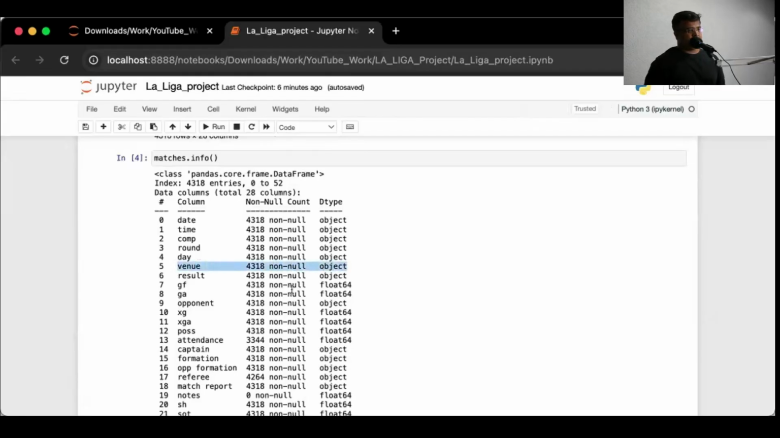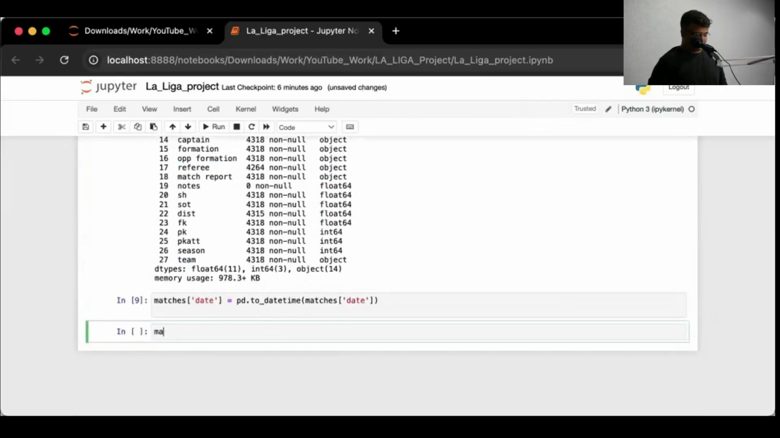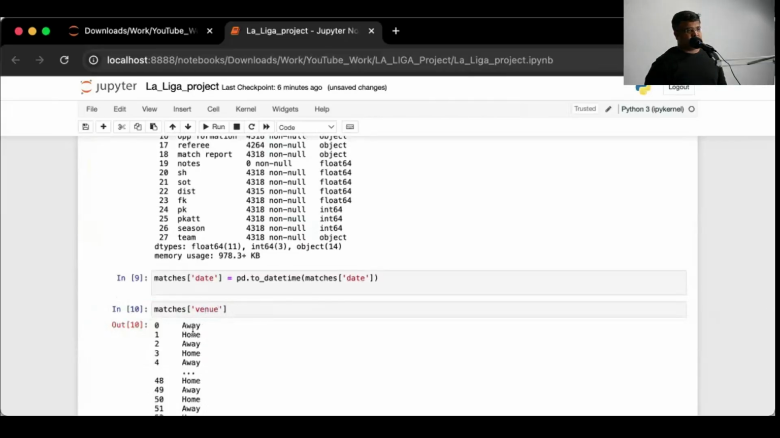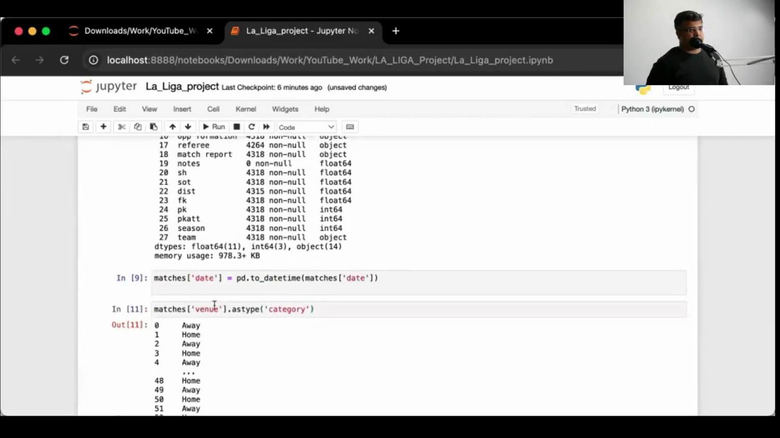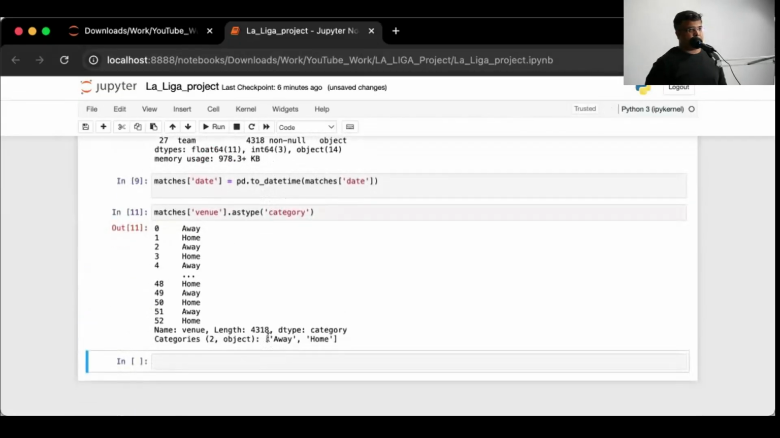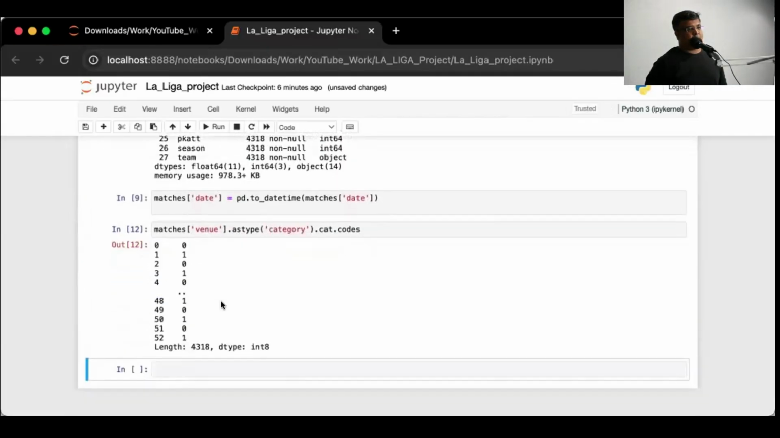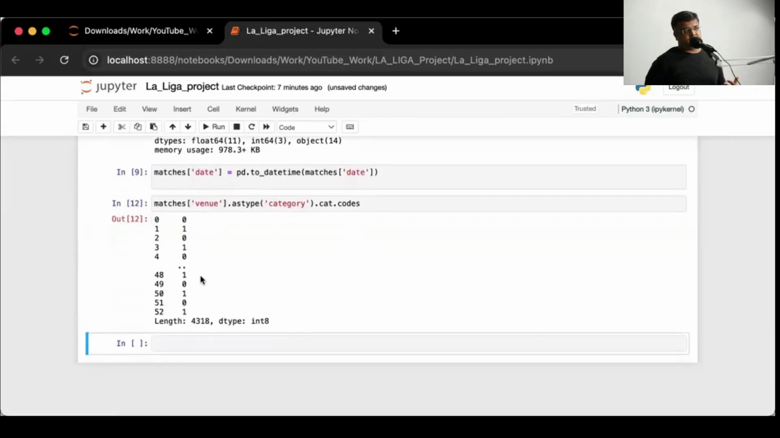If you look at this particular column here, matches, then venue, you will see it is kind of home and away. So what I'm going to do here is convert this to category. I'll say astype category. All right, you run that, and you can see that there are two categories, home and away. And if I just take this here and say cat.codes,